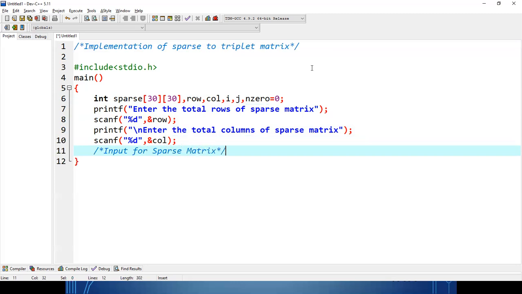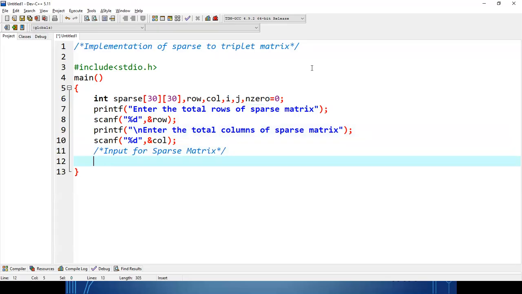So now the portion of code will be written to give input to the sparse matrix. Clear? So sparse matrix is nothing but a two-dimensional array. For a two-dimensional array, for a single row, the column will execute repeatedly, because row number 0, then column number 0. For row number 0, again we'll access column number 1, then column number 2. So that means for a single row, the column loop is going to be executed repeatedly. That's why in the nested loop, the row loop will be the outer loop and the loop we'll use for column will be the inner loop.